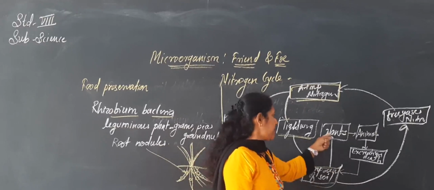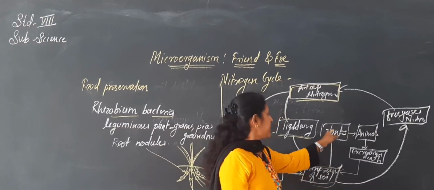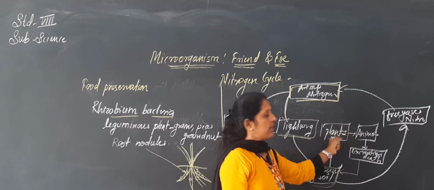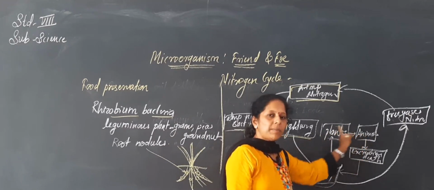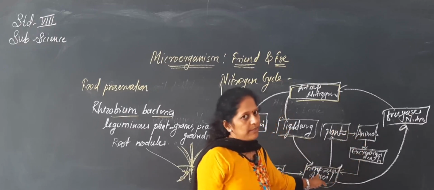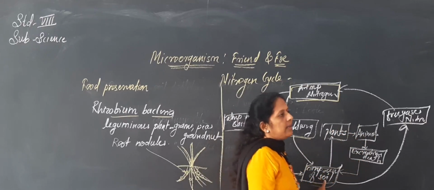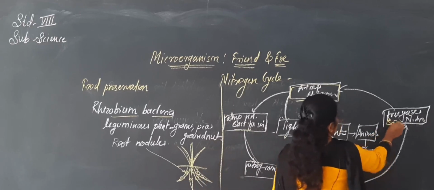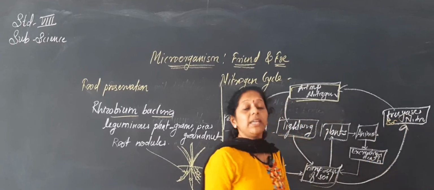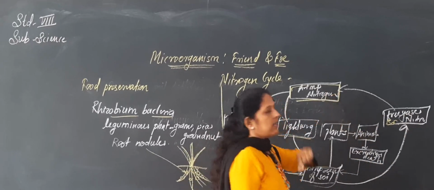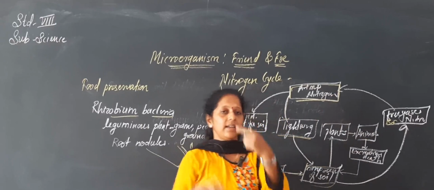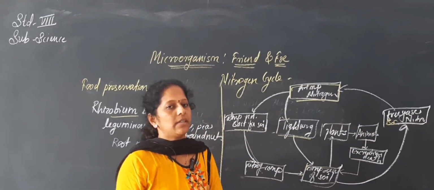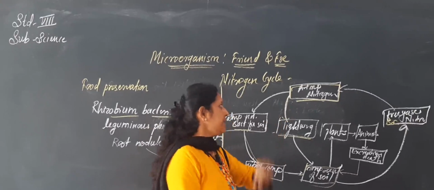Then through the soil it is absorbed by the plants, by the roots, and then it is eaten by the animals. Plants and animals are living organisms. By the excretion and the death of the plants and animal bodies, it will again enter the soil, where it is present in the form of nitrates and nitrites. The bacteria which are present there again convert it into free gaseous nitrogen, so the nitrogen is recycled, entering the atmosphere again as free gaseous nitrogen.